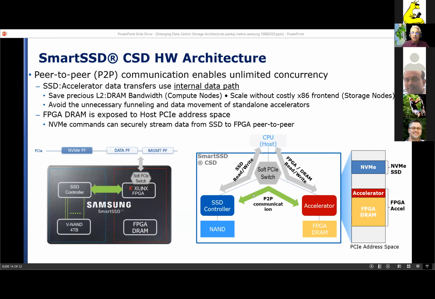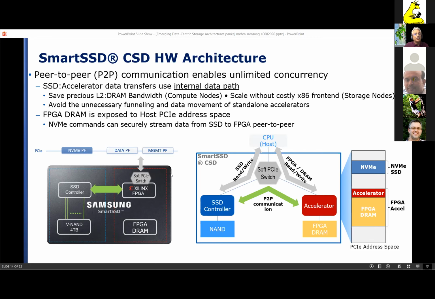I just want to tell you what's in the smart SSD, but this is not the only way the smart SSD is used. Like I said, one part of it looks exactly like an SSD and exposes a physical function on the PCI bus that you can program using NVMe protocol. So you can do standard NVMe read-write operations. You can build block storage, object storage, or file systems in a standard way.